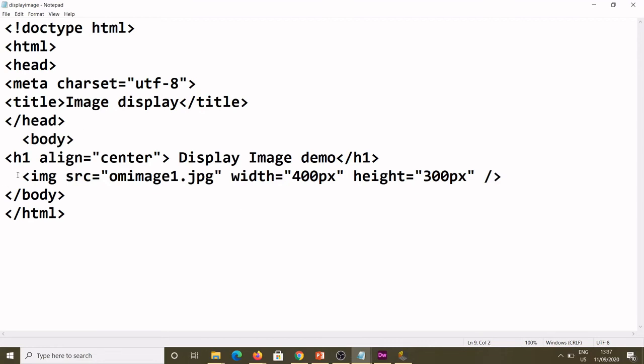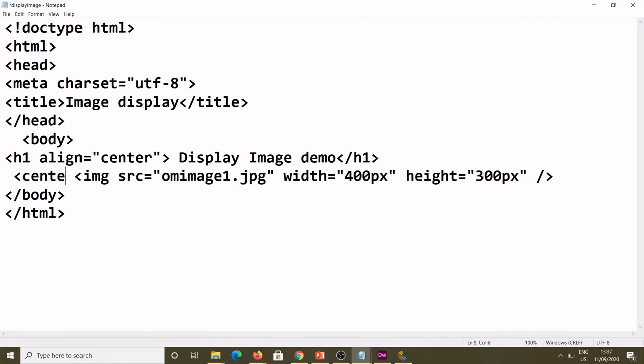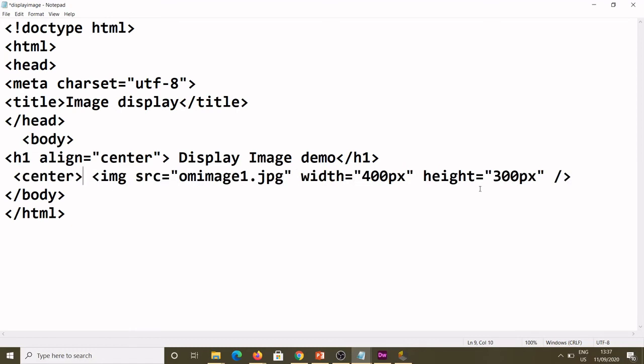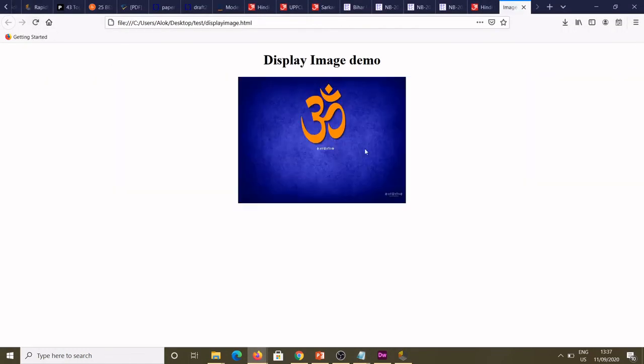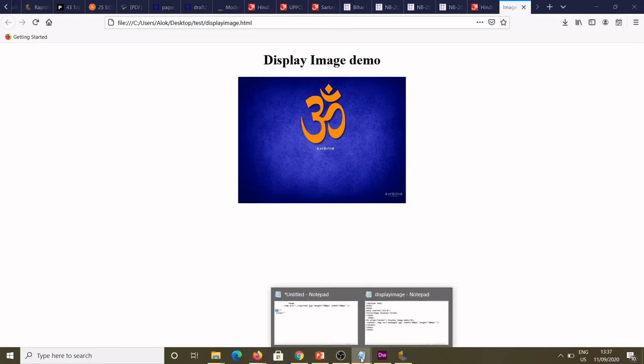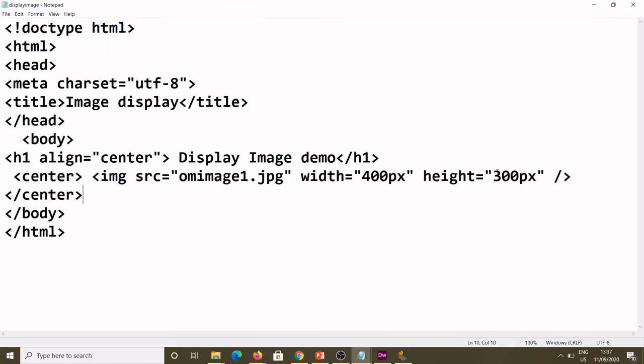And I'll make the image a little centered. Center is again one of the elements that I already discussed in the last class. So slash center, you can make it like this. The image will come at the center, just below your heading. So refresh the page. Yes, it's coming. Getting my points? Now you see, these two dimensions are clear.